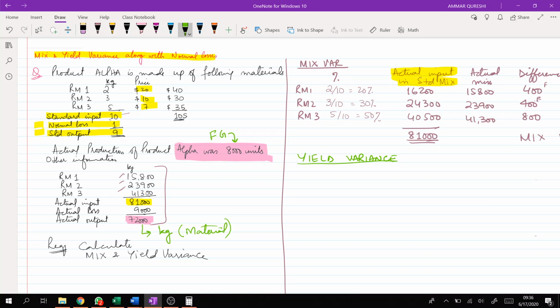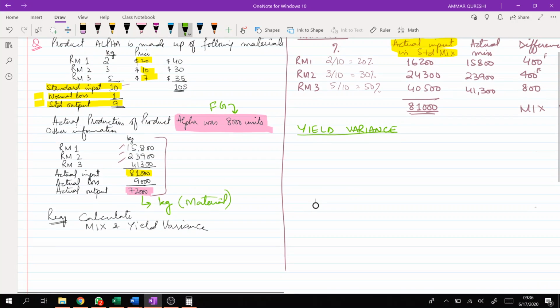So first of all, I am using the method which we have used in the previous questions. And trust me, if I use the similar method which we discussed in the previous questions, you will not see any impact of normal losses. Normal losses will be adjusted by itself, right? Let me try to explain how. Let me try to first calculate this figure, right? So how did we calculate yield variance?